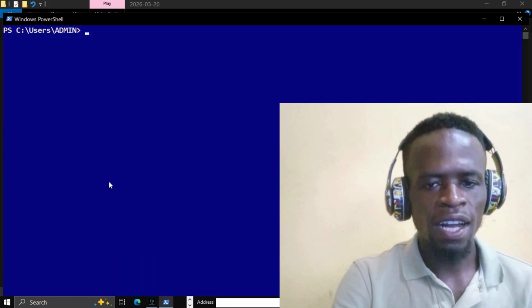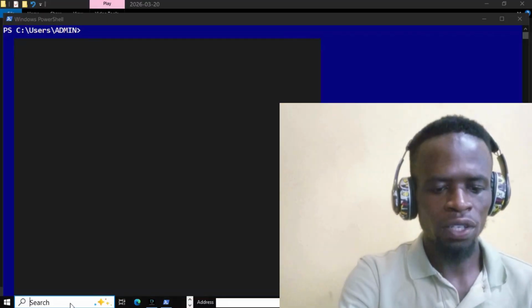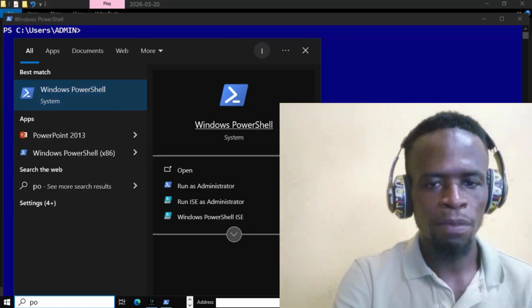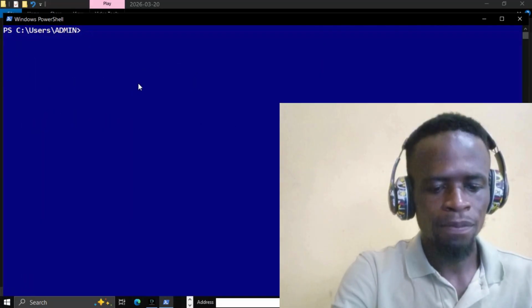Or your computer status bar or search bar, type PowerShell. Then you find PowerShell like this and you click on it. It will launch it just as my own has been launched. Then what you do is that you type